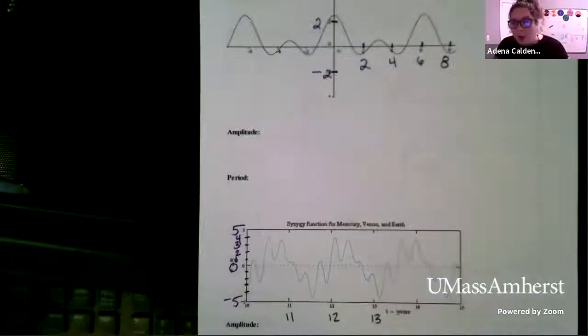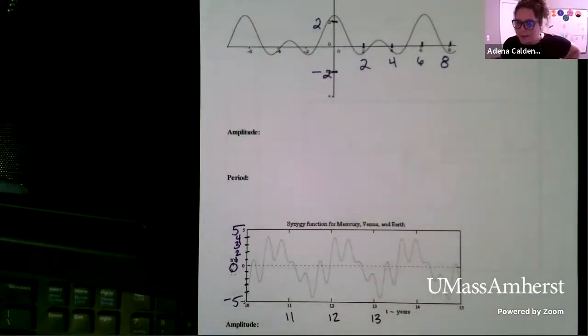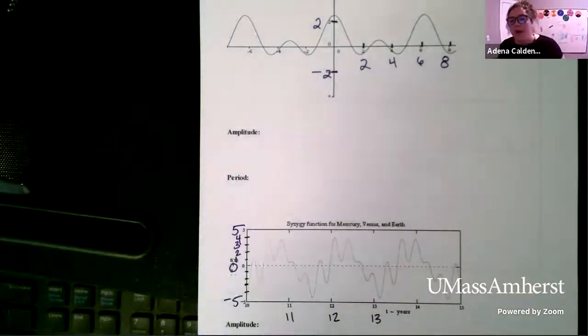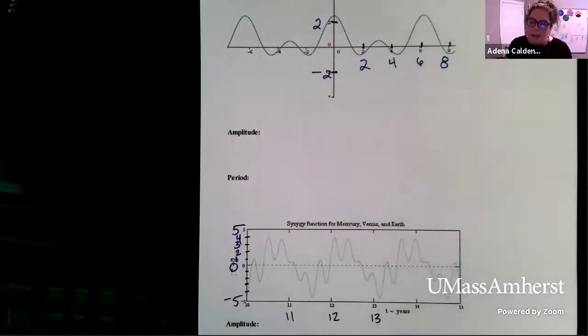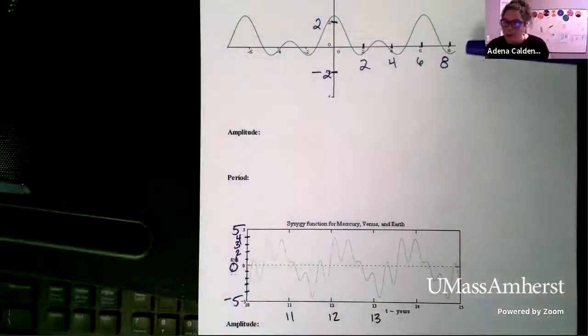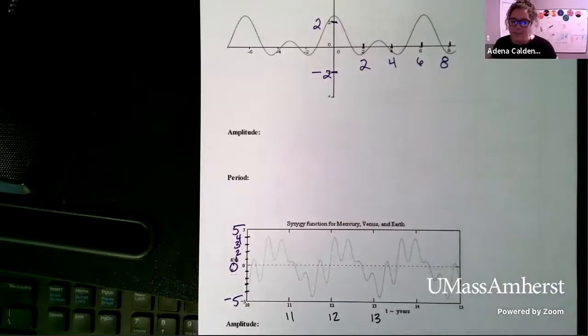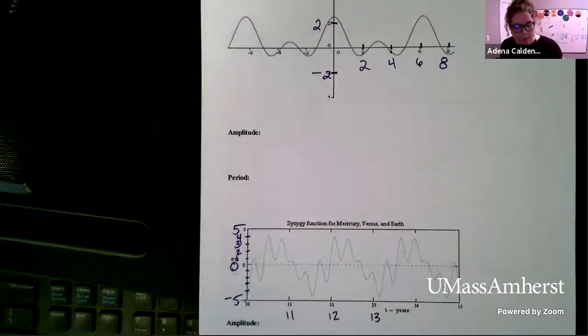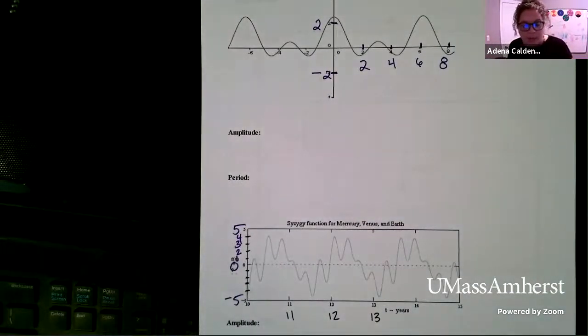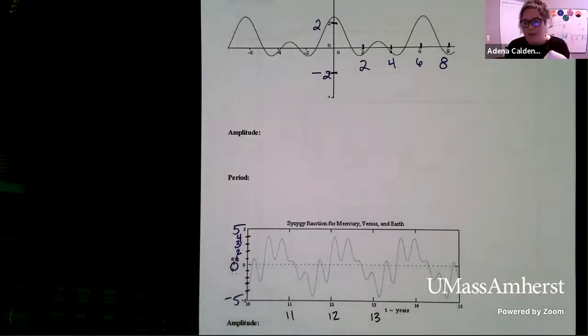So these are sort of odd approximations because these are from functions that have some weird data, but take a look at it. I'm going to give you 2-3 minutes to try to figure out if you can approximate the amplitude and the period for each of these two functions. Okay, so try it out, see what you can come up with. Feel free to check in with someone next to you. If there's TAs there, they can walk around and help, and then we'll go through it together.